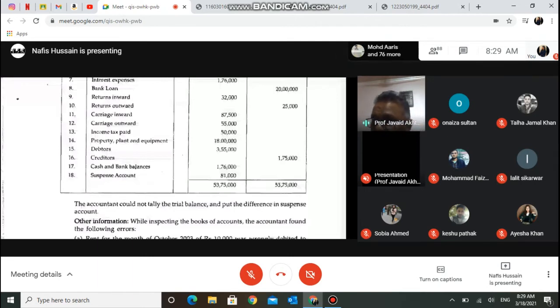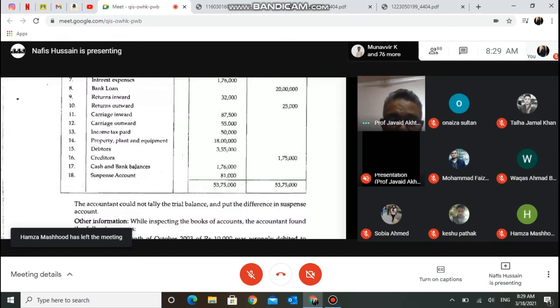You record in the journal, transfer them to the ledger, take out balances, and take it to the trial balance. This is what you do, isn't it? So you have a trial balance, and in the trial balance, both sides were not equal. And the difference between the debit and credit side in the current example was how much? Say 81,000. It is appearing on your screen.